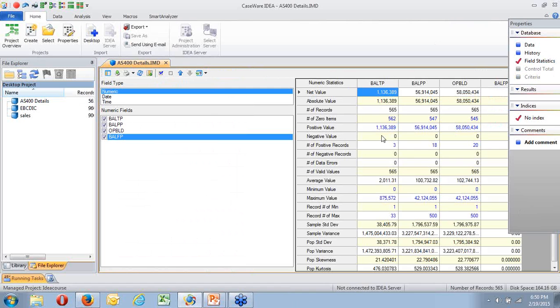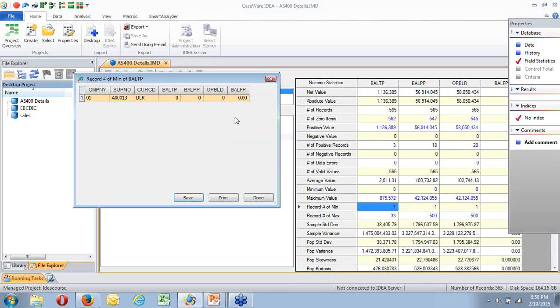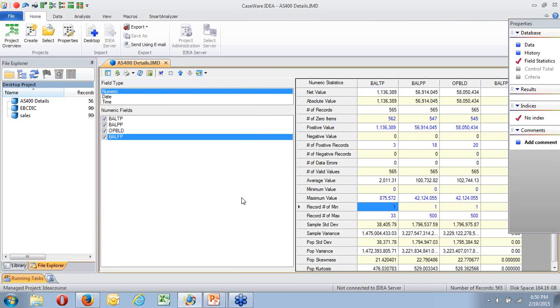I could look at date or time, and it's saying that there's my balance, there's my transactions, absolute value, net value, number of records. If I want to see what are the positives, we don't have any negatives. We've only got one record with a minimum, which is 0. Hang on a second, we shouldn't have any zeros. Which is that one? That one there. Okay, that particular transaction has got 0, 0, 0. That shouldn't be right. I'm going to go and check that as an auditor.